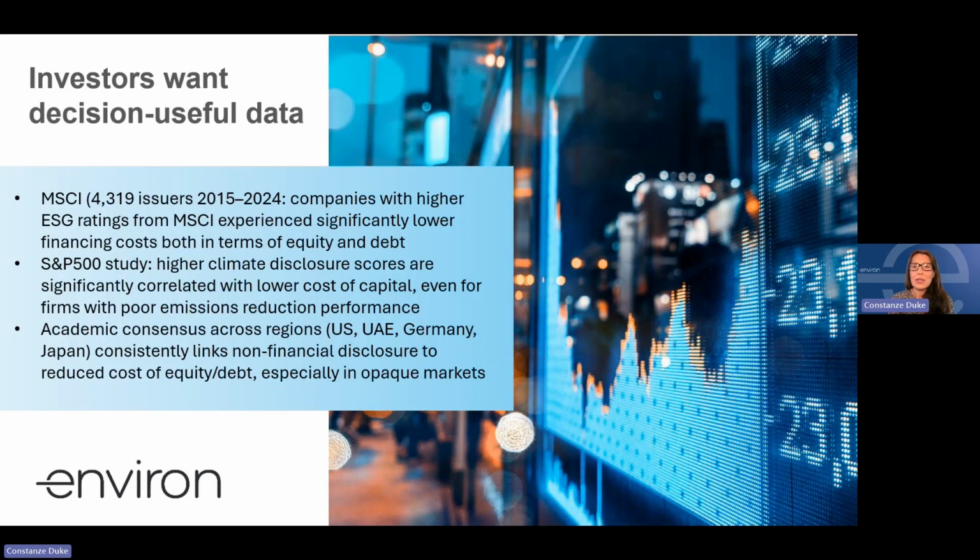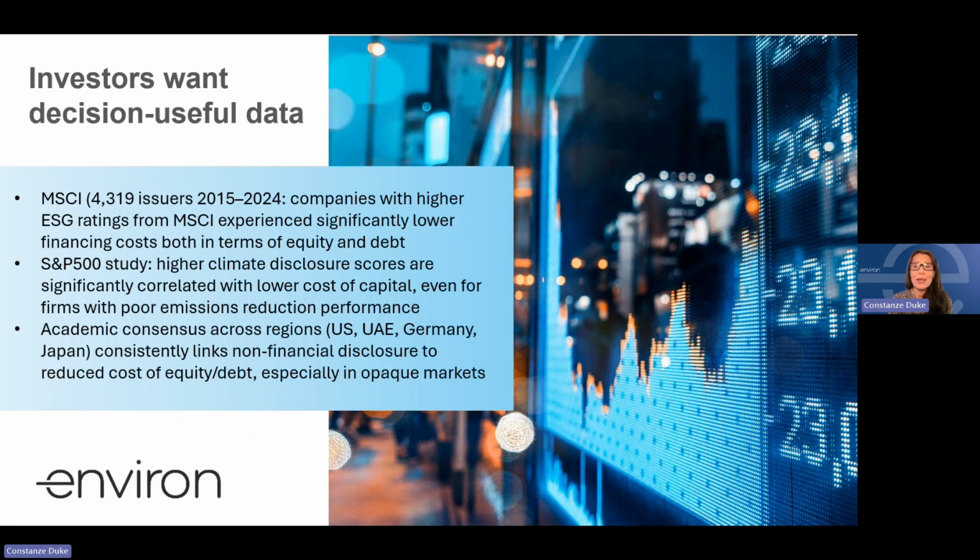I mentioned earlier that climate disclosure is impacting cost of capital as investors are pushing for transparency. So here are some of the studies that support this claim. MSCI found over a period of 9 years that higher ESG ratings correspond to lower financing costs for both equity and debt financing. There was also an interesting S&P 500 study which showed that higher climate disclosure scores correlate with